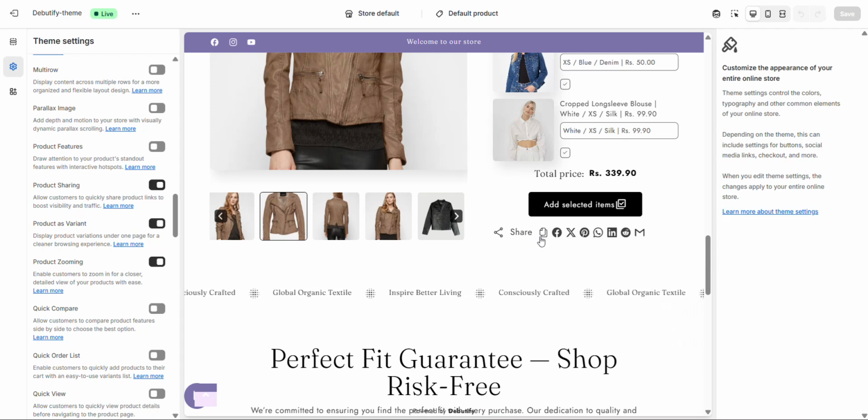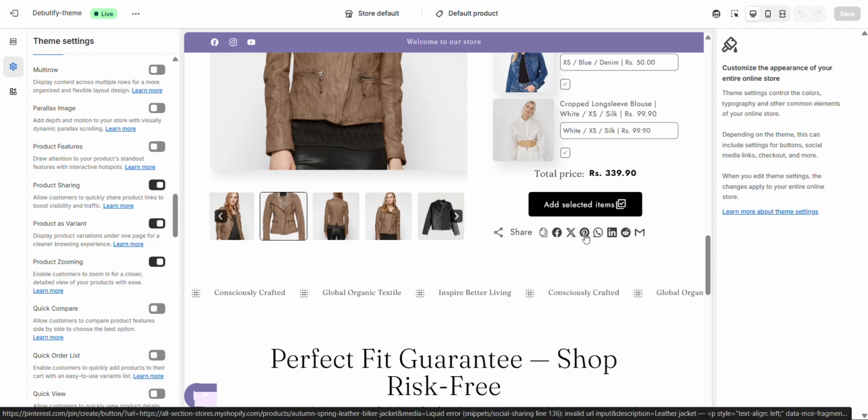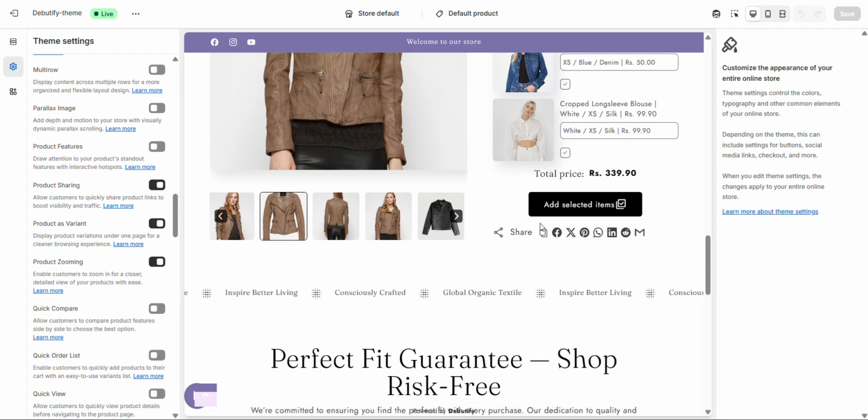By enabling this widget on the product page, you can easily copy the product link, and you'll also get multiple sharing options like Facebook, X.com, Pinterest, WhatsApp, LinkedIn, Reddit, and email. And that's it! You've successfully set up the product sharing widget and made it easier for shoppers to spread the word about your